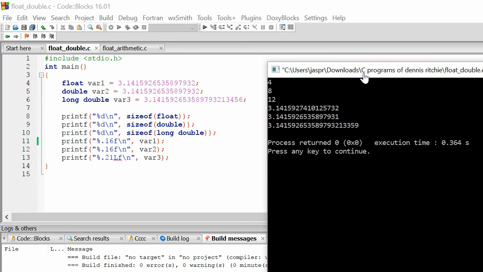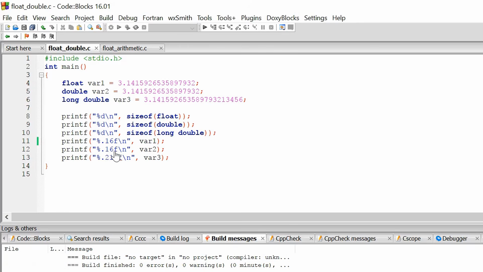Similarly, we can print the contents of a double variable using %f again. The actual format specifier for double is %lf. This is small l and this is small f. But some compilers won't accept it. Therefore, %f will also work. And to print long double, we need to put the format specifier capital L, small f. Putting capital L is important because small l is for double and capital L is for long double.